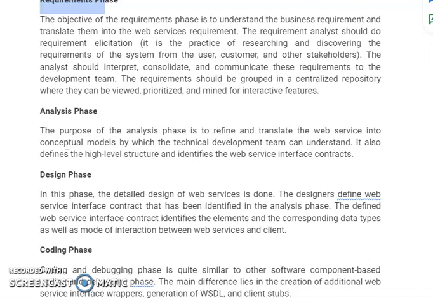So it will refine these requirements properly in technical terms. Once this analysis phase is complete, the development team, technical team should understand what they exactly have to do to implement this particular web service.